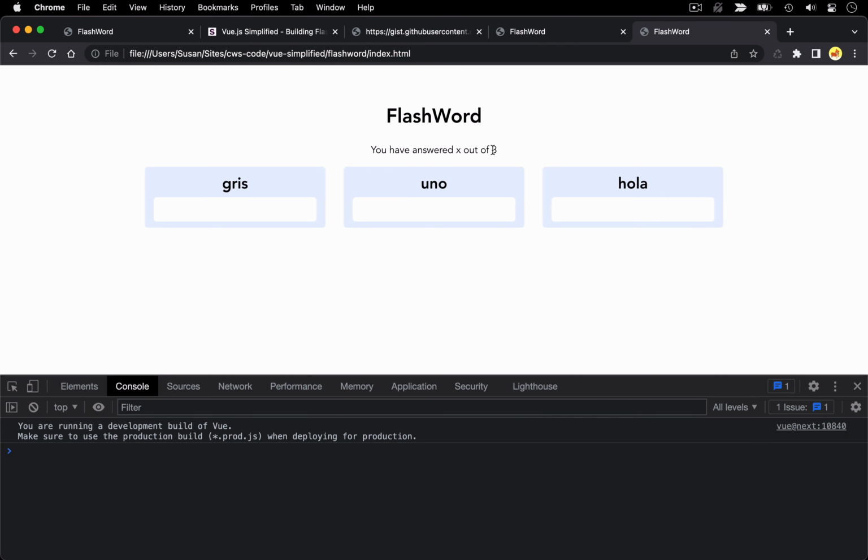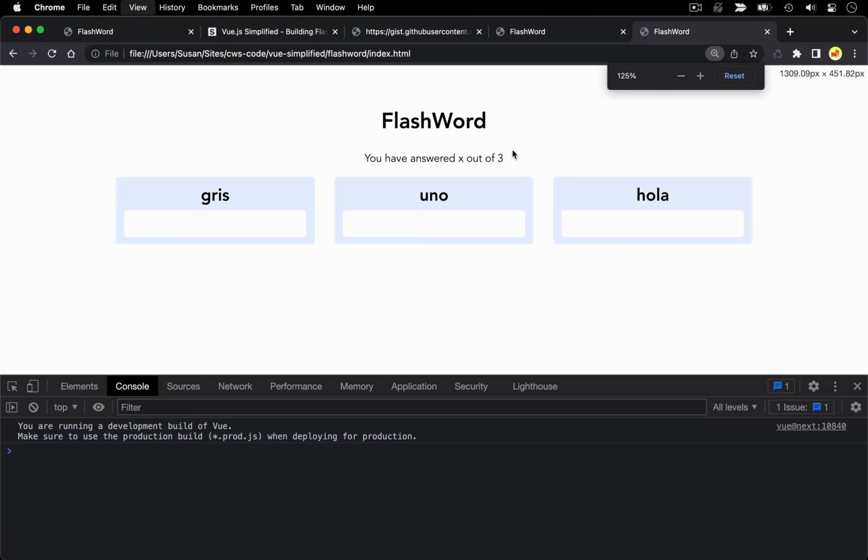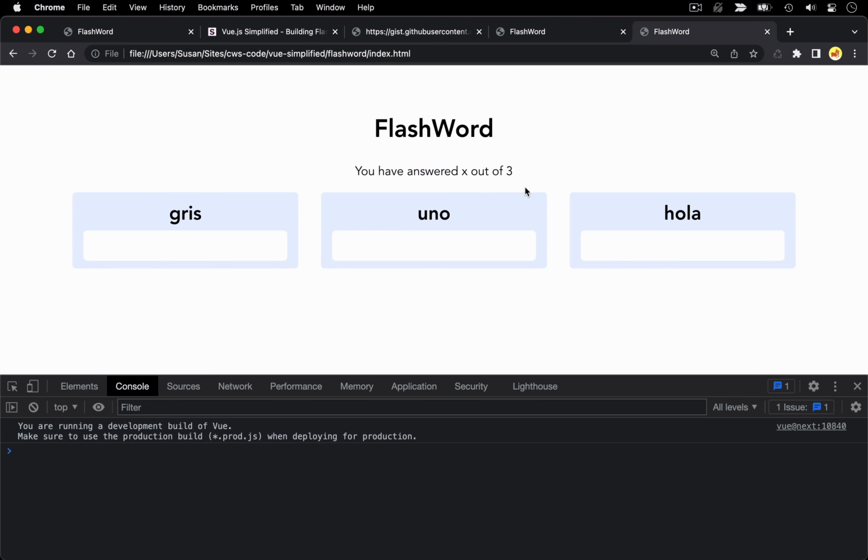All right, excellent. So there is the 3 as expected. I'll go ahead and zoom in on this again so we can see that better. All right, so with that working, now let's address, we need to keep track of how many correct answers they've